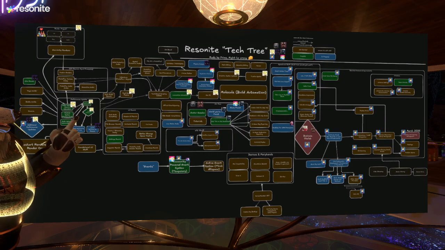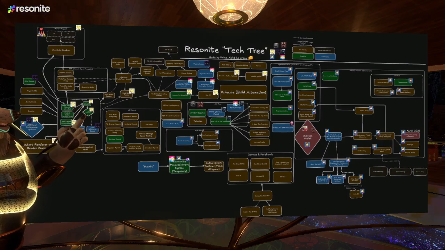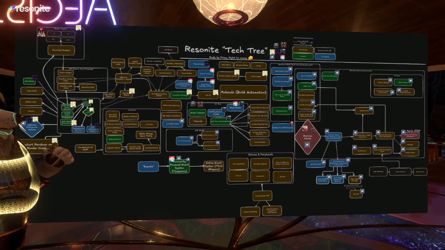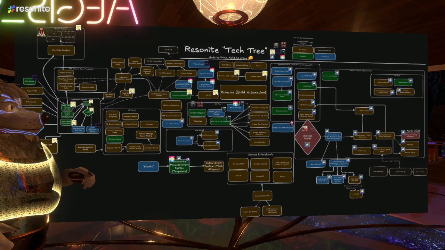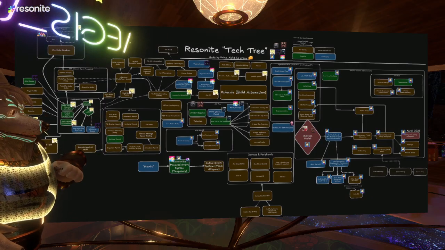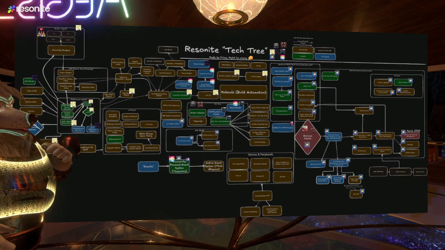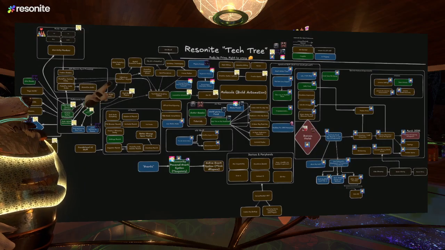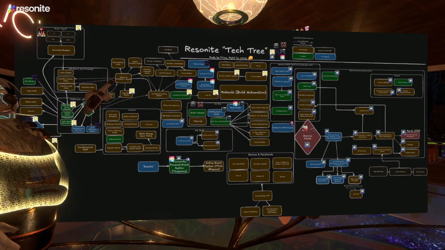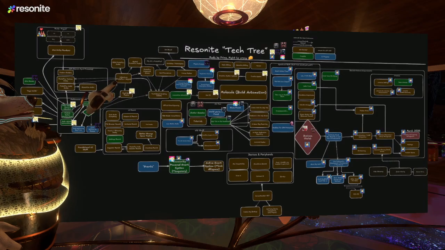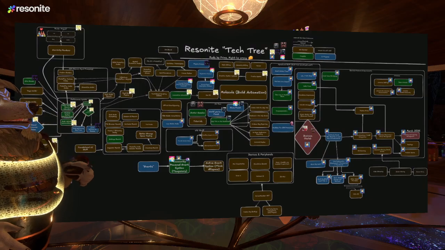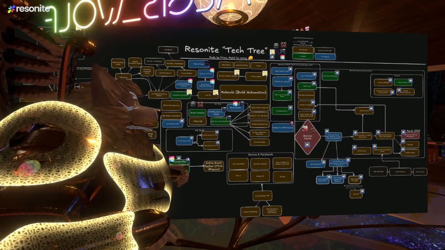Actually, yeah. For example, right here is all the stuff with the performance update and the splitting. Anything in green right here is completed. And here's all the stuff in regards to the UI rework. Currently, the settings rework was done. And as you can see, for example, all the different things that different updates would lead to. For example, the collections right here has all these different parts that are related to it. But yeah, it is a lot of stuff on here.